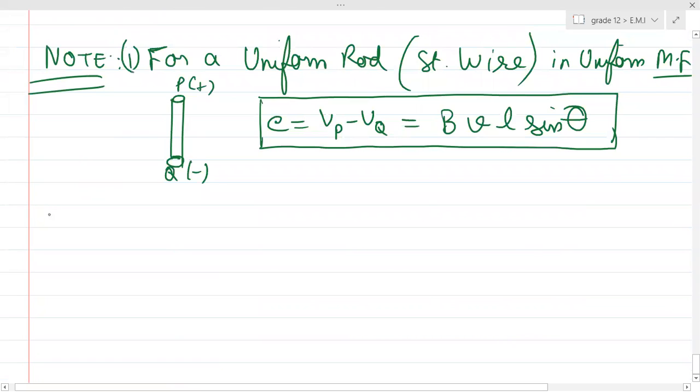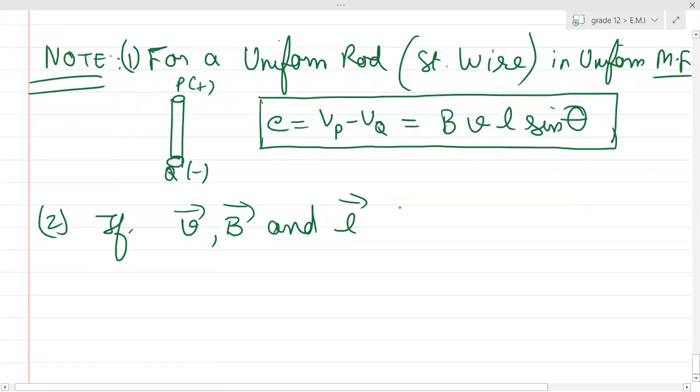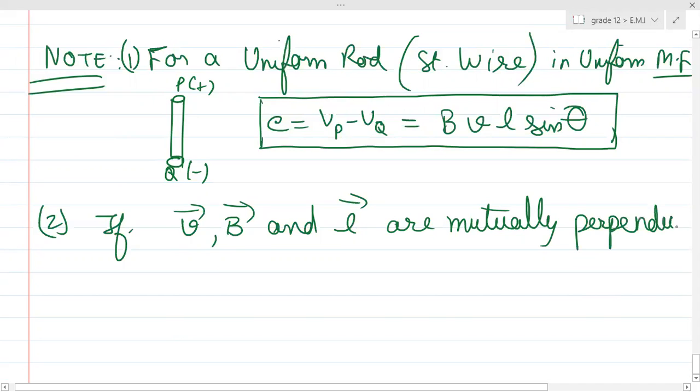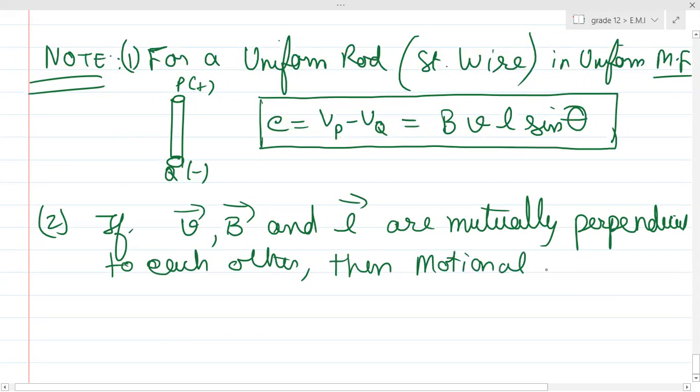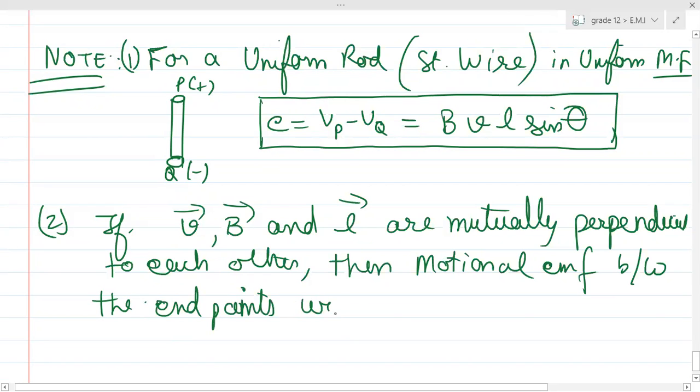Also, this is note first one, note second. If B vector, V vector, and L vector are mutually perpendicular to each other, then in this case, the motional EMF between the endpoints will be